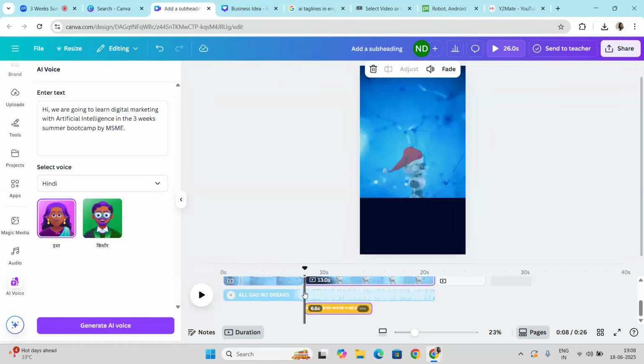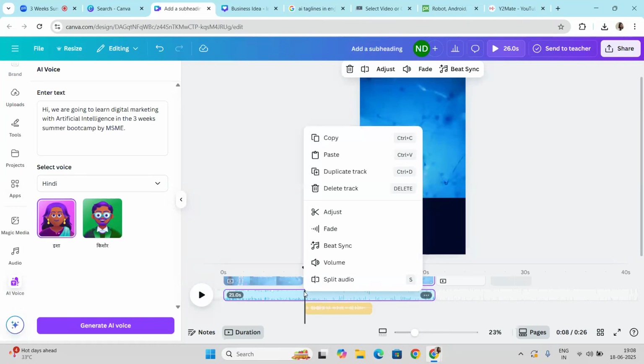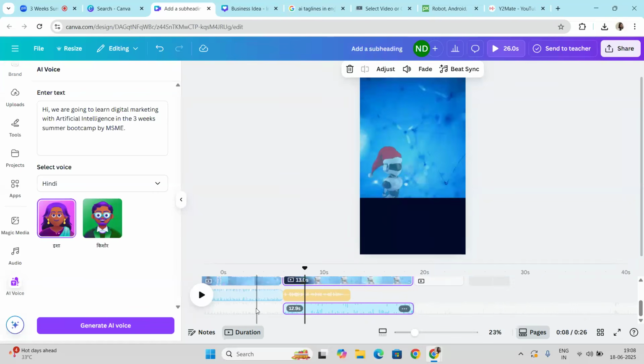You just need to click the right button. By clicking on the right button, you will be able to see the split audio option. Once you click on split audio, you can see this single video has automatically been split into two parts.